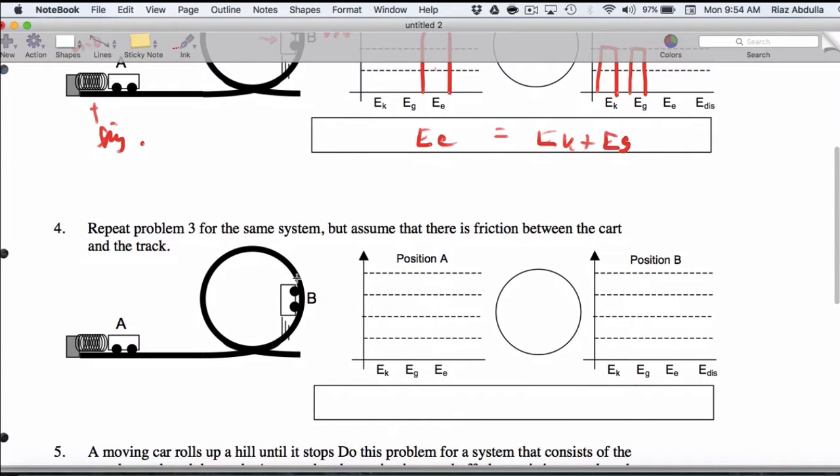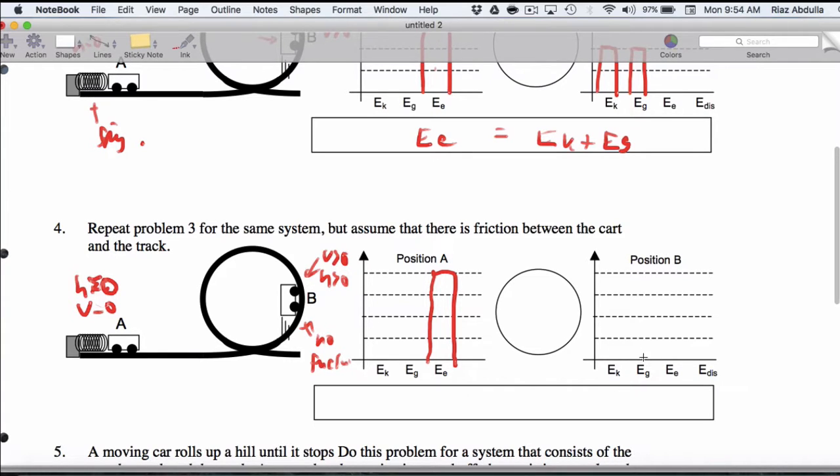Question number 4 is the same as 3, but now we have friction. So it's going to be a very similar situation. Once again, we have all elastic energy as height is 0 and V is 0. And notice here we have a speed greater than 0. We have a height greater than 0. We have friction. And so what this is going to give us is elastic energy gets converted into